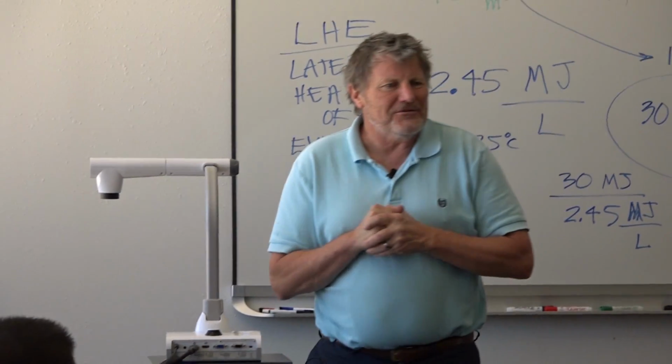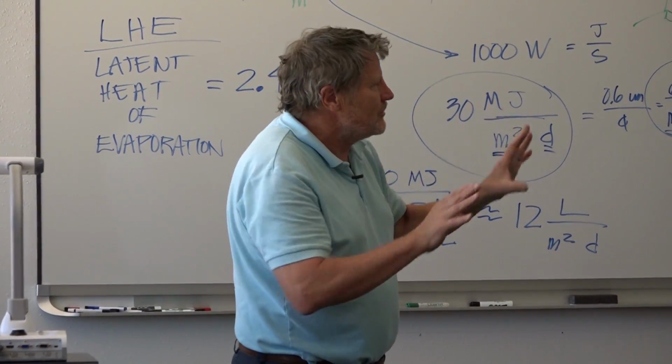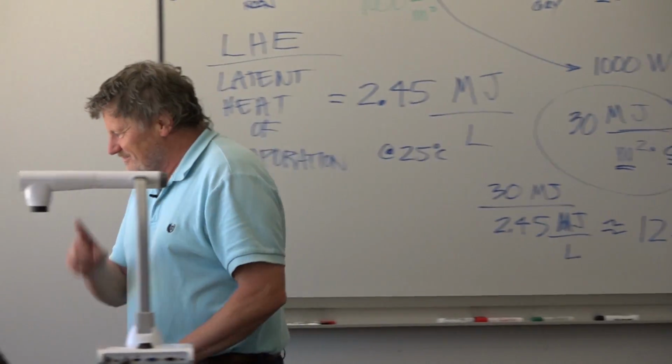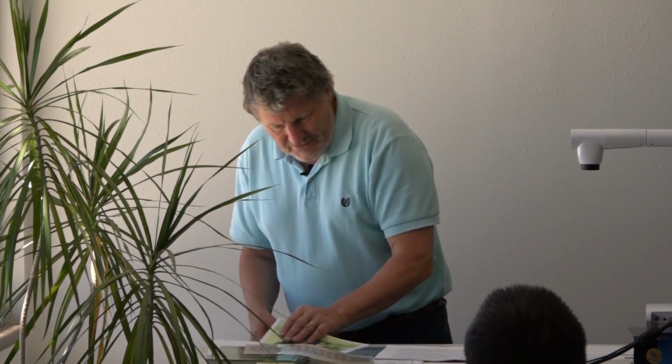I'll show you the key for this tomorrow if you want, but the key is setting it up with the units and looking at them, which brings me to, particularly if I can find it,